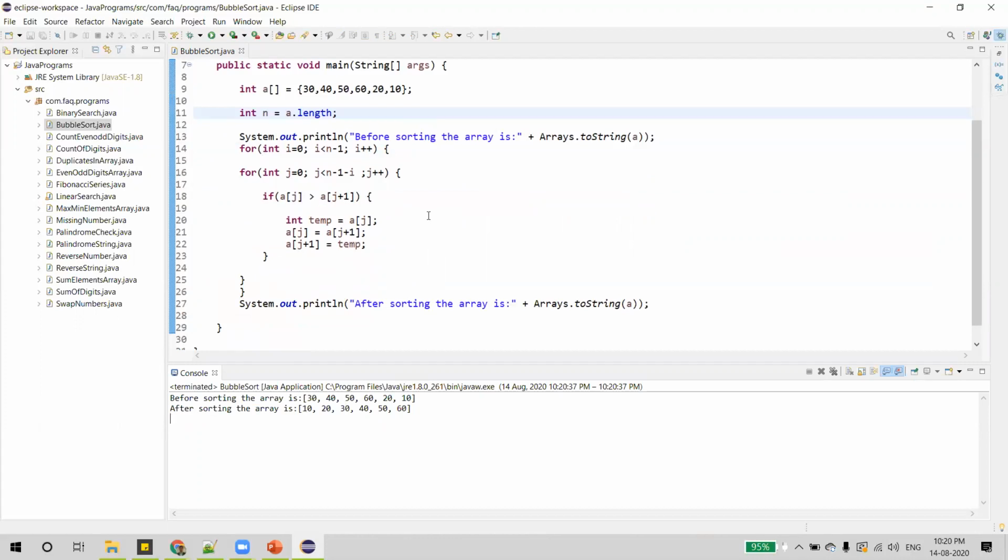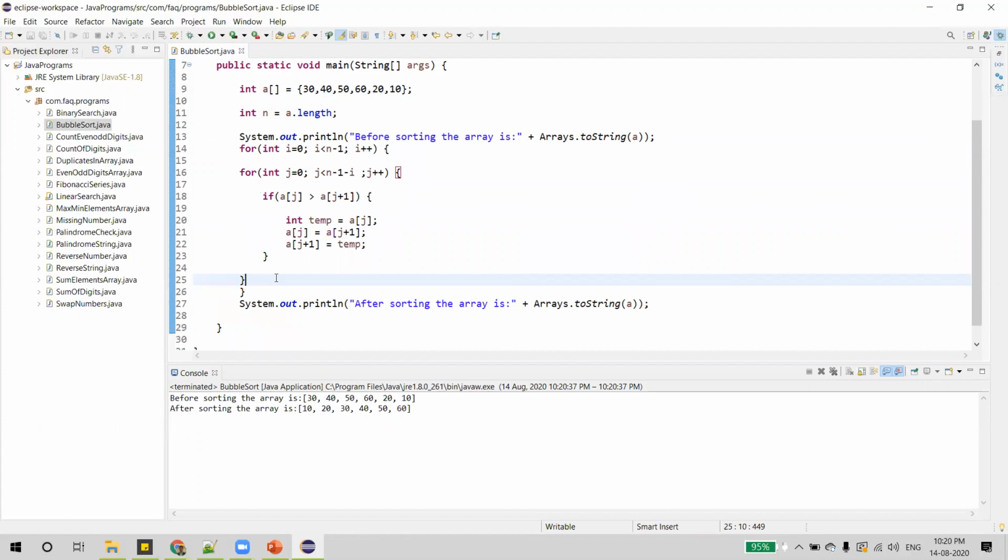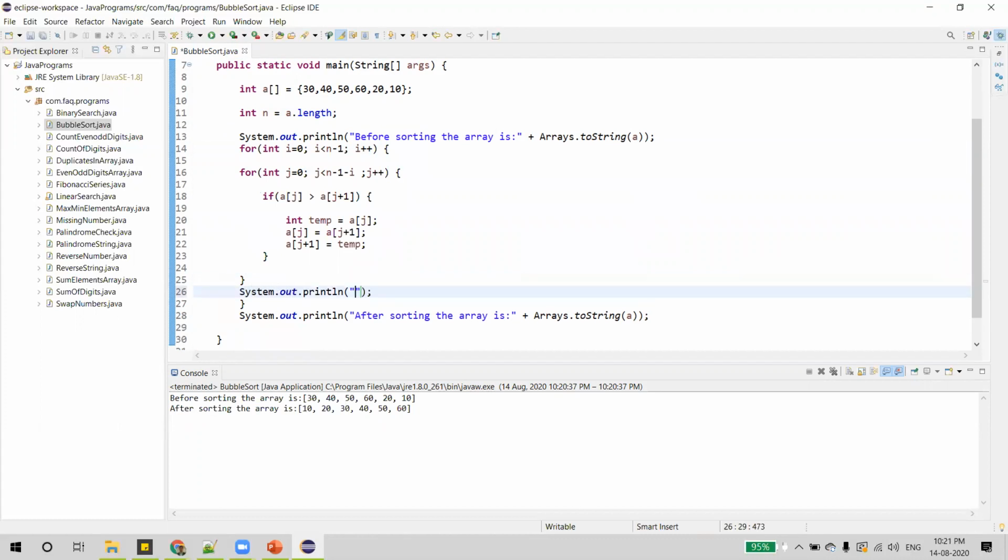And if we wanted to print how the array looks after each pass, we can just print it here. After pass i plus 1, array is, Arrays.toString of a.